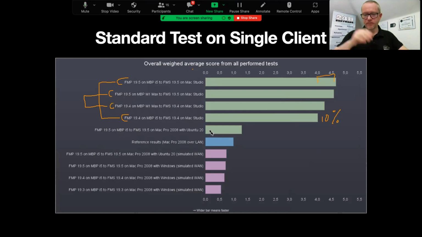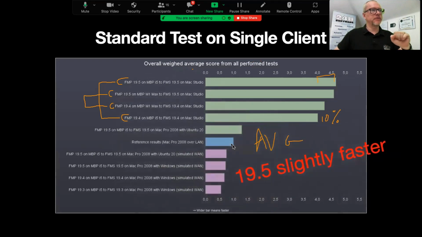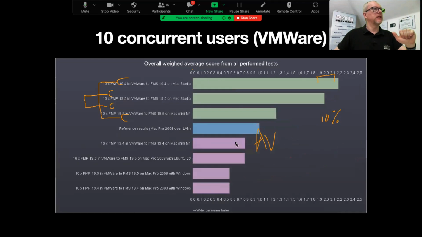Okay, all right. But when I try to look at the individual tests, and as I mentioned, this score is calculated from 111 different tests. Yep. When I tried, so the result here is 19.5 is slightly faster than 19.4 overall. Okay. When I try to look at individual tests, not individual tests yet. The other test that I ran, and this is also something that